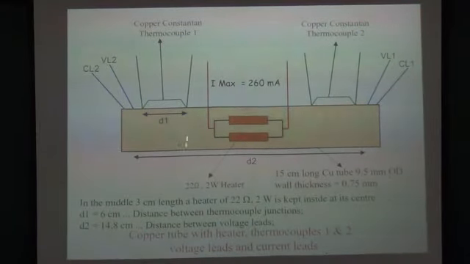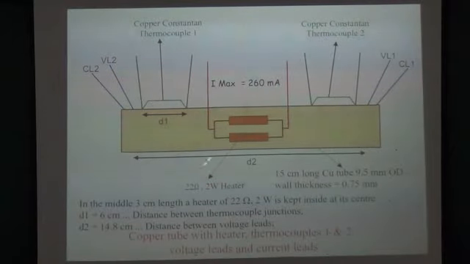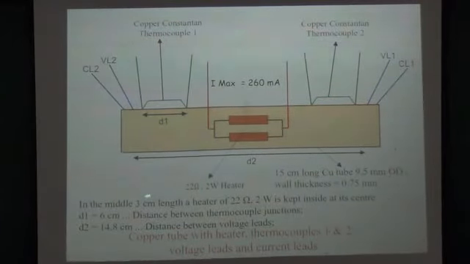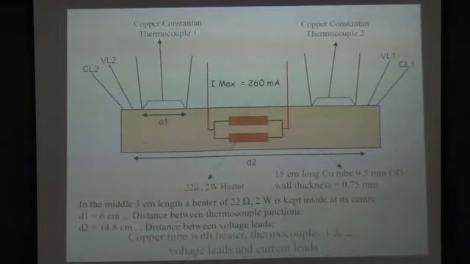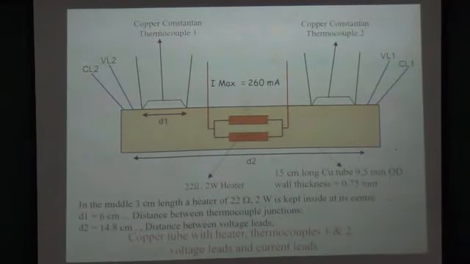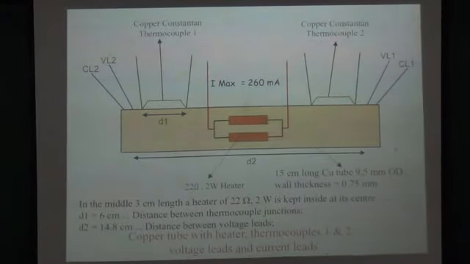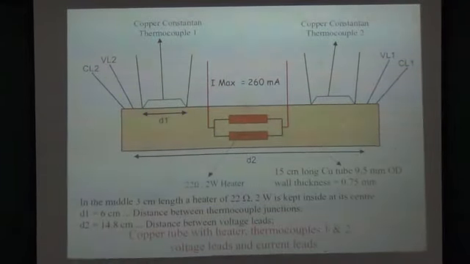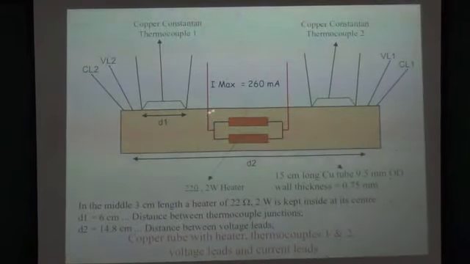Now in the middle, a heater of 2 watts is placed. The heater is nothing but a 2 watt, 22 ohm resistor that has been placed here. What we do is take a resistor, wrap it with Teflon wire, and put it in the middle, and we fill the gap between the copper tube and the heater with aluminum foil, so that there is a proper thermal contact with the outer rod, for determining the thermal conductivity. So this is the heater in the middle.